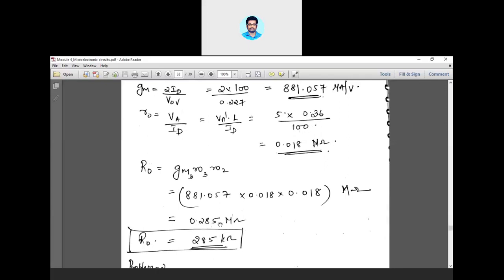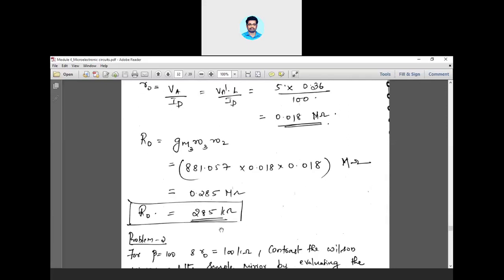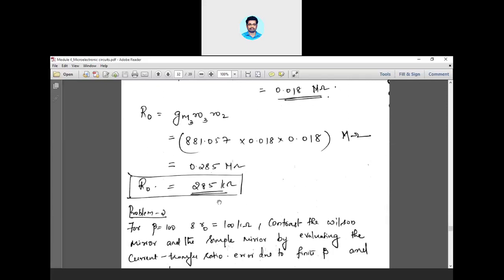It is 0.285 mega ohm. Can convert into kilo ohm. So the answer is 285 kilo ohm. Understood the concept? So here the question was to find the minimum required output voltage of a mirror circuit at